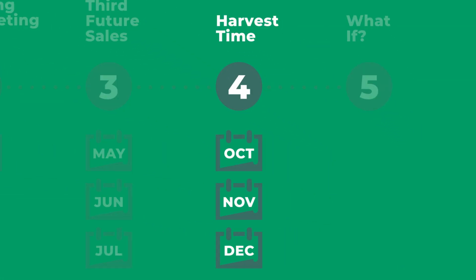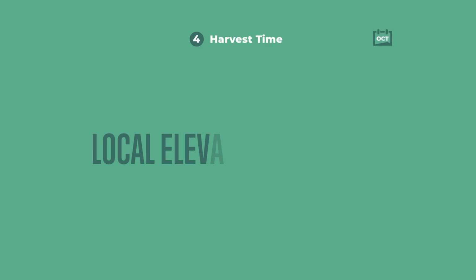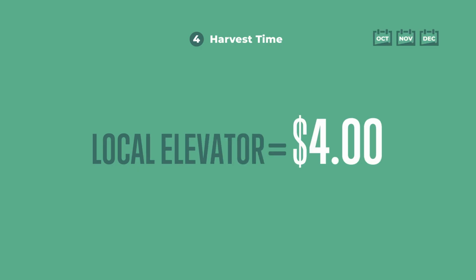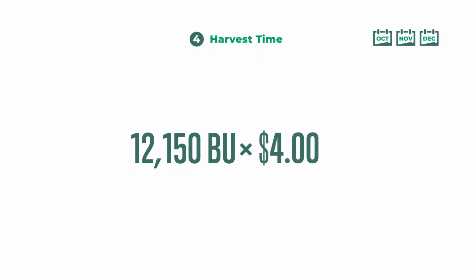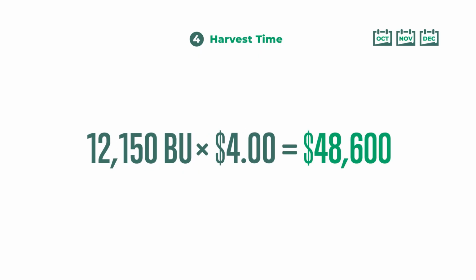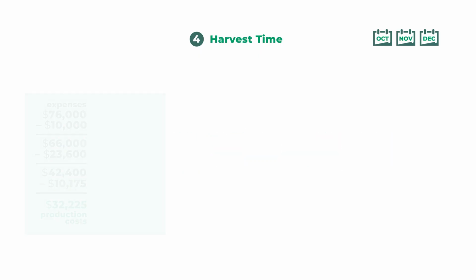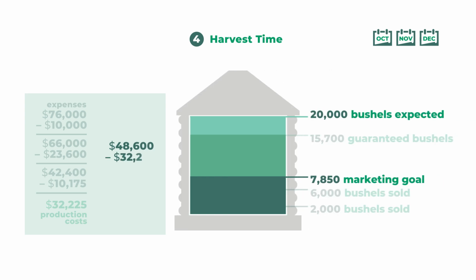Rolling forward to fall, it's harvest time. And you are happy to discover that you did indeed produce 200 bushels per acre as expected. You call your local elevator and get a harvest price of $4 and sell your remaining 12,150 bushels, giving you a final sale of $48,600. Take your last sale, $48,600, minus your remaining expenses, $32,225, and you've turned a profit of